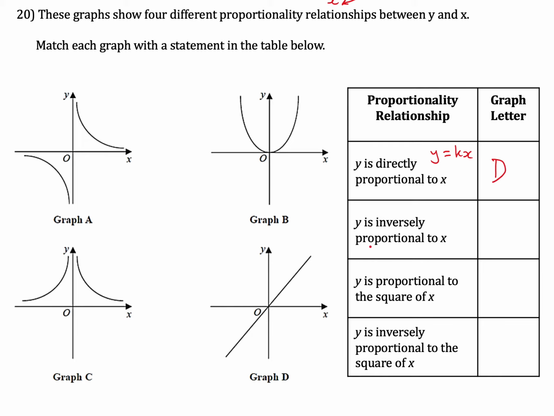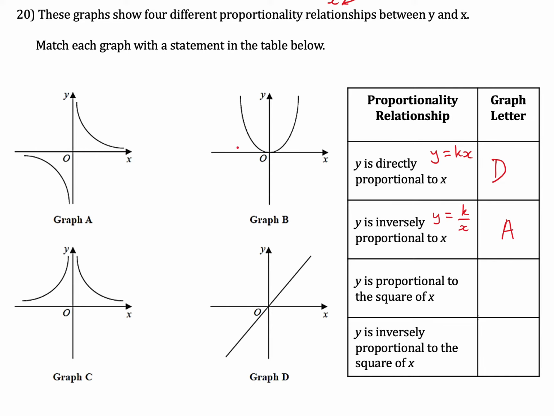Y is inversely proportional to x, so it might be worth thinking of a few values of x, thinking of this equation, something over x, thinking what happens as you increase x, y will become smaller. If x was negative, so getting more and more negative, y would also be negative, but as it increases, this is getting smaller as well, so it matches this graph up here. We've seen reciprocal graphs, we've seen what graphs of the type y equals 1 over x look like,